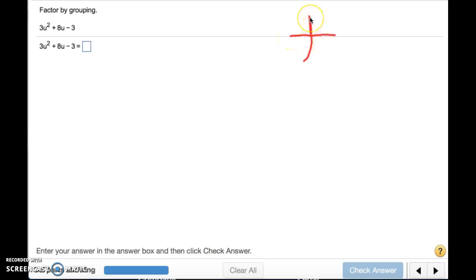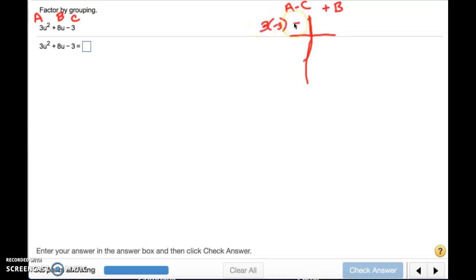So I'm going to make this t-chart, and the way I fill in my t-chart, hopefully you remember from last chapter, is that this number out in front of the squared term is your a. The number with the term that is not squared is your b, and the constant all by itself is going to be your c. So in my t-chart, we're going to take factors of a times c, and we want those to add up to give me b. So I'm going to take a times c, which is 3 times negative 3,